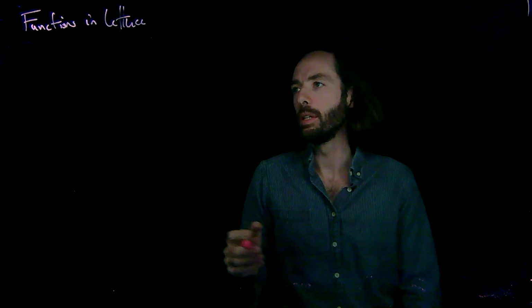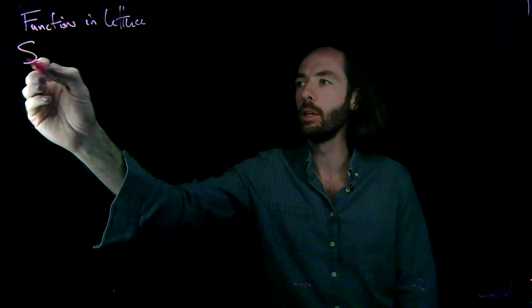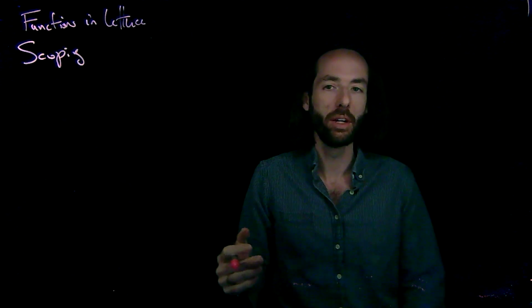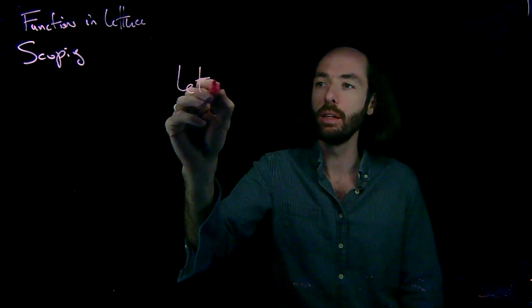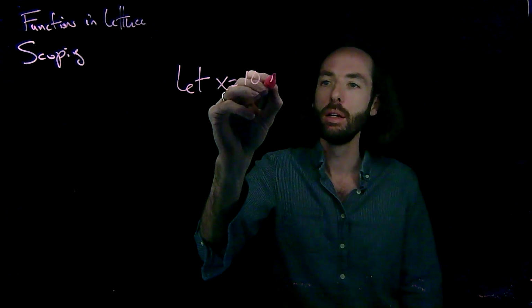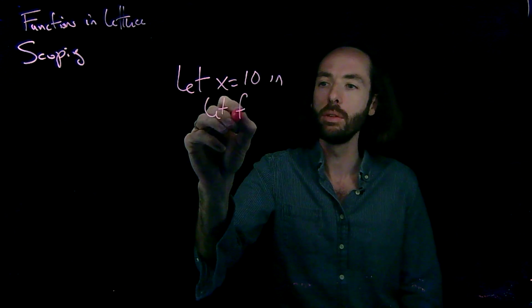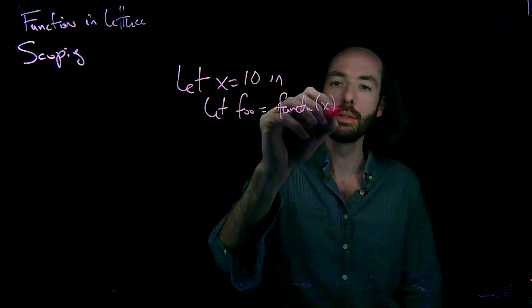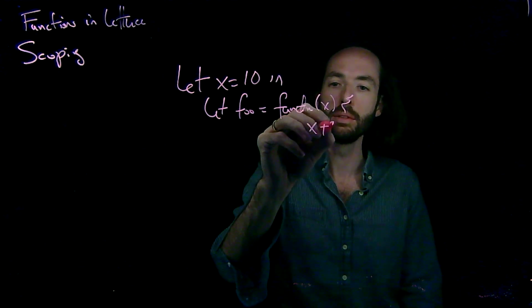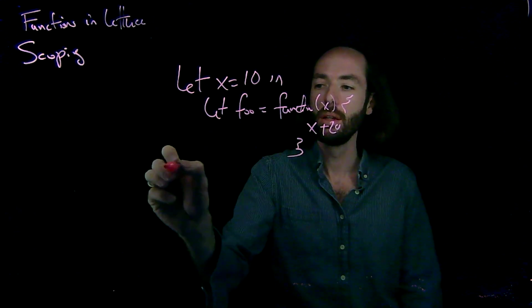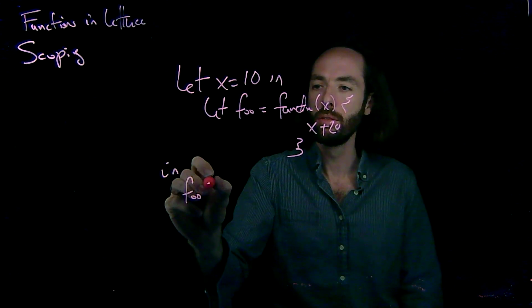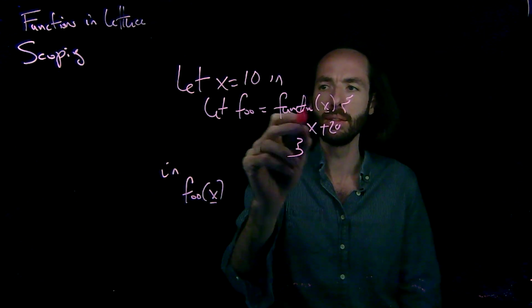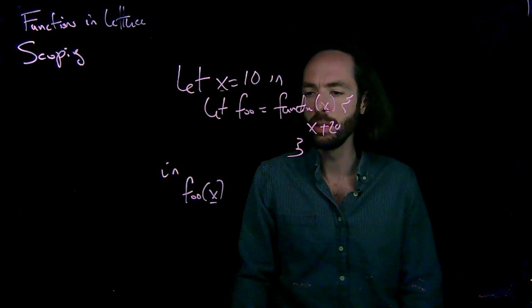Okay, the last thing I want to talk about with functions in Lattice is scoping, right? Where are variables defined? What is the scope of the various variables? For instance, let's have x equal 10 in let foo be a function on x and x plus 20 in foo of x. Right, so there's 3 locations that x is appearing, and the question is how are they related